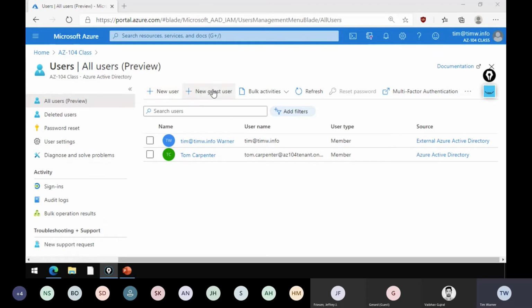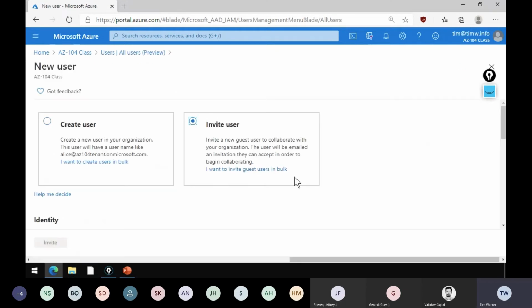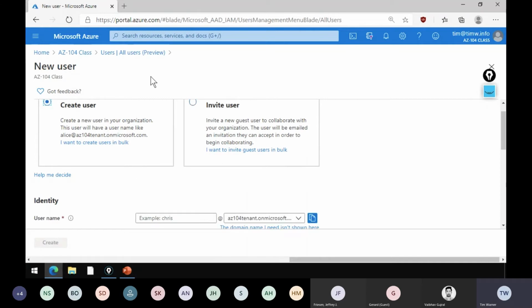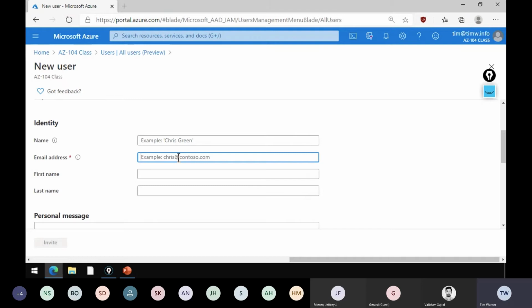We've got the new user and new guest user, although I imagine this new guest user is going to disappear, because if we go to create a new user, we can do a guest user right here by clicking this Invite User radio button. What are the high-level differences here? Well, the user is going to be sourced in the tenant, whereas an invited user is coming in through what's called Azure Active Directory Business-to-Business Collaboration, or Azure AD B2B for short. And the invitation workflow is pretty interesting. The idea is that if you don't want to create a native local cloud user for that person, you can invite them in as an outsider.